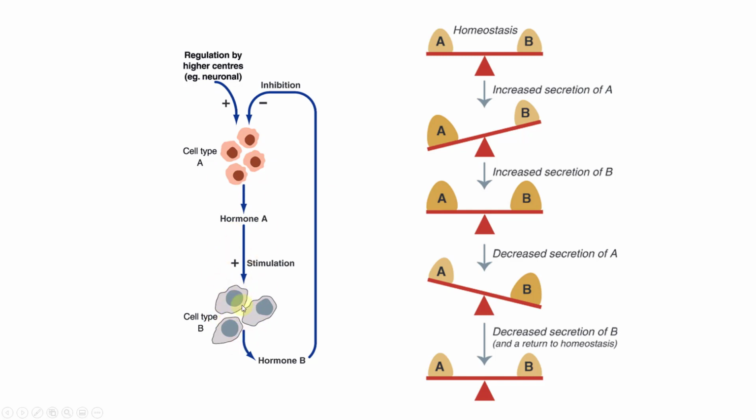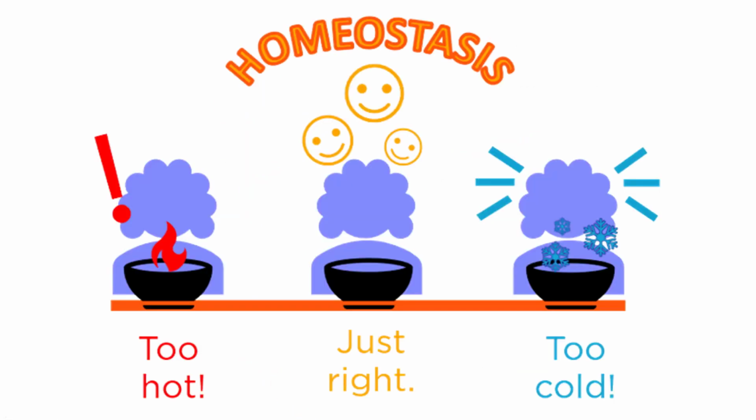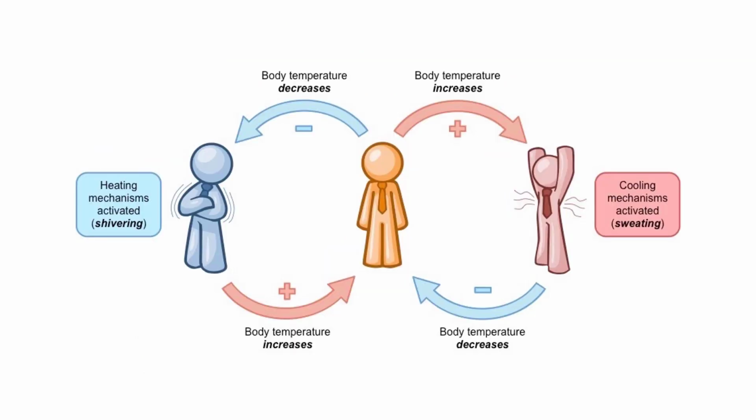That has its effect on cell type B, and then the way the body's worked out is that once this is in balance, it releases a hormone to stop that production. So it has these negative feedback loops, so that we're always operating in that Goldilocks principle, not too hot, not too cold, just right. And so the body is designed this way to be able to get to homeostasis as quickly and as effectively as possible.